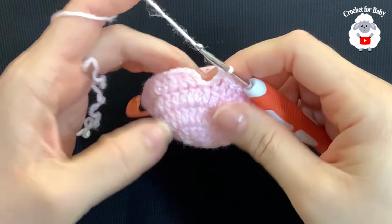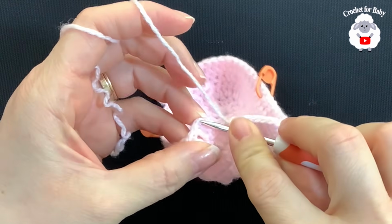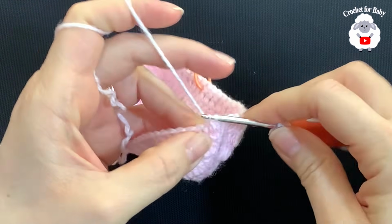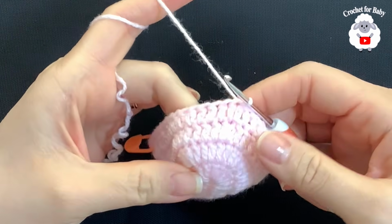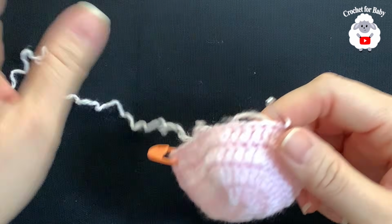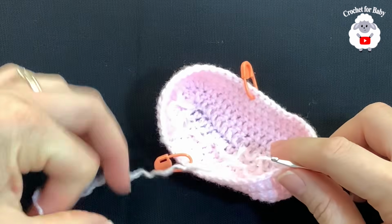Okay, I'm here at the end of this second row. I have 56 double crochets. To finish, go on top of the first double crochet and join with a slip stitch. Now, this is how I finished this second row with 56 double crochets. Now for the third row, what we're going to do is we're going to start now reducing here the front